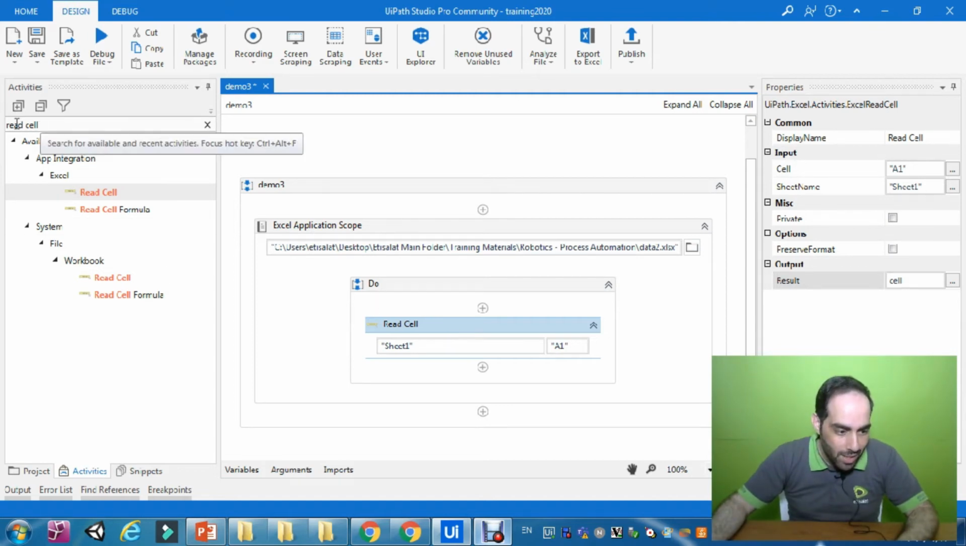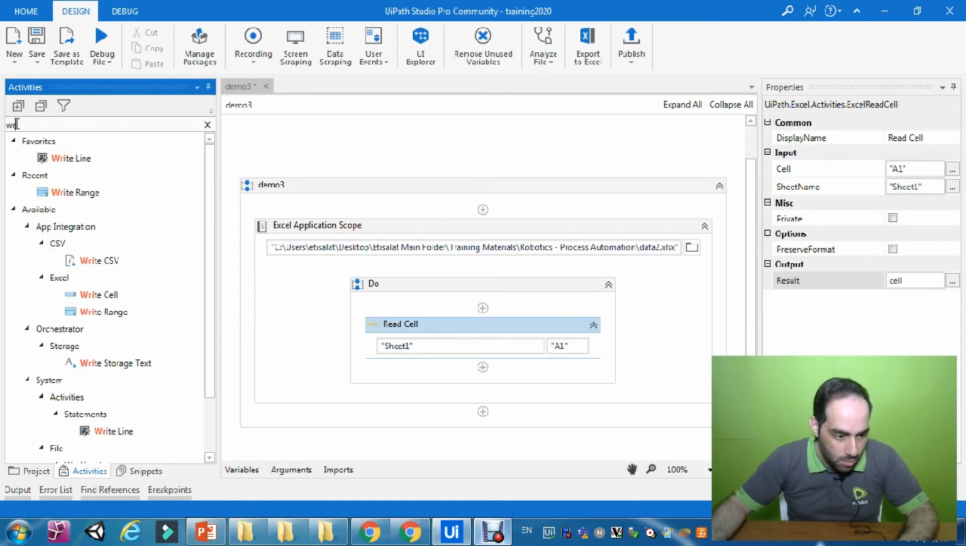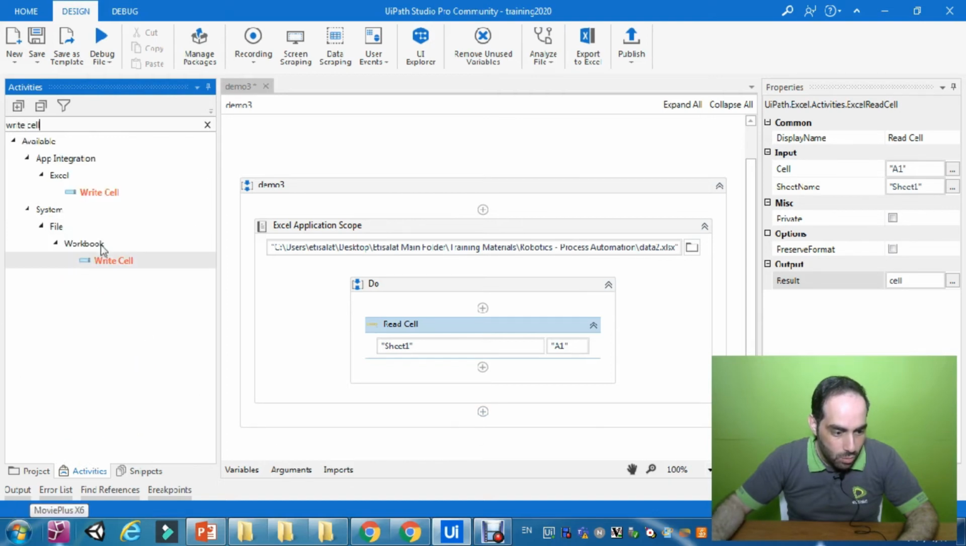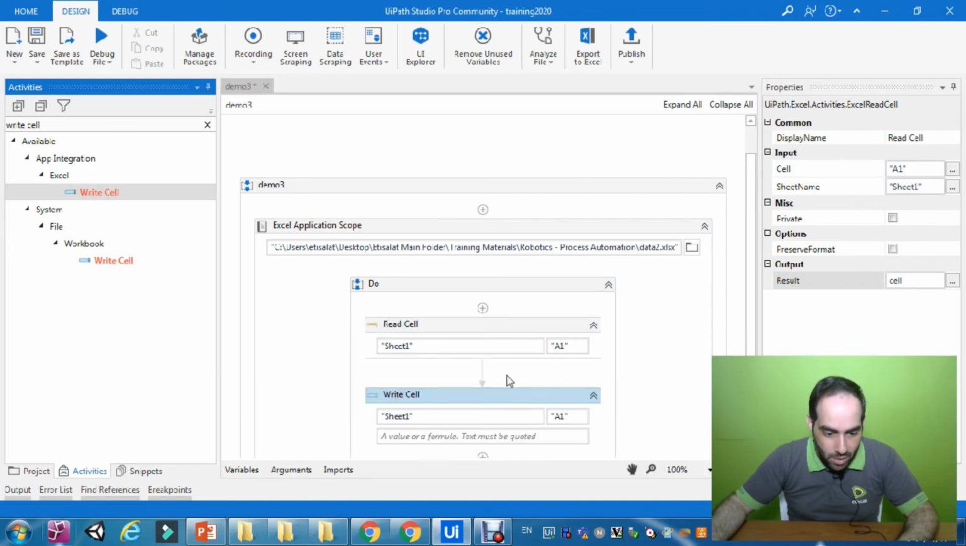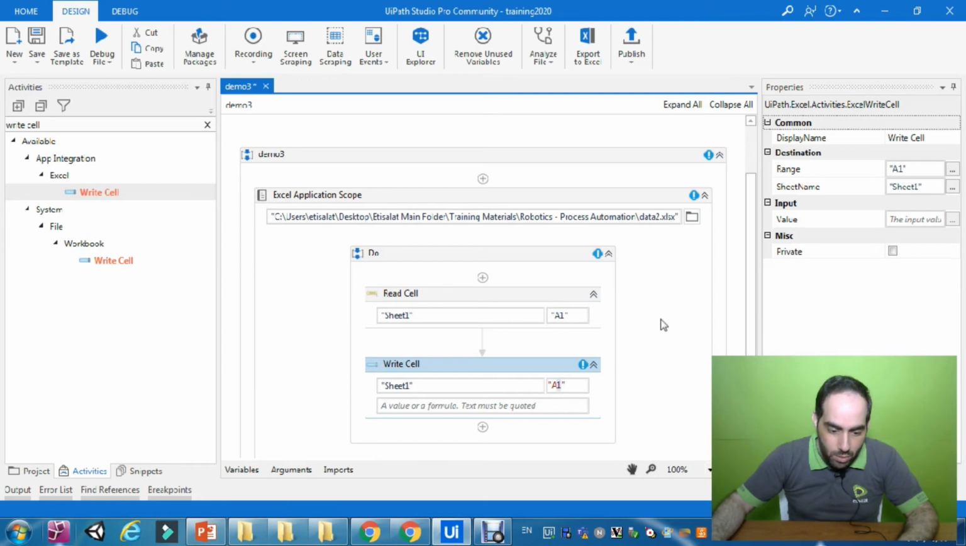After that I need to write. So I'm going to search for write cell. And then after that I'm going to copy write cell under read cell, and then I need to specify the sheet. Let us assume that I want it to be on the same sheet, but I'm not going to use A1. I'm going to use